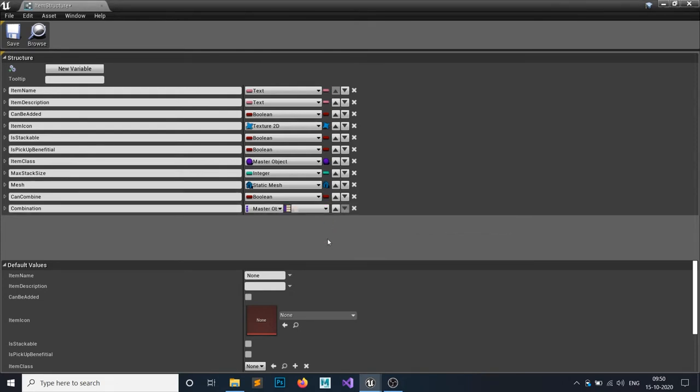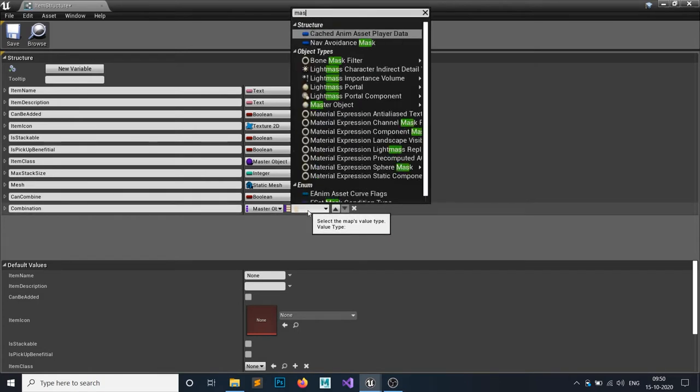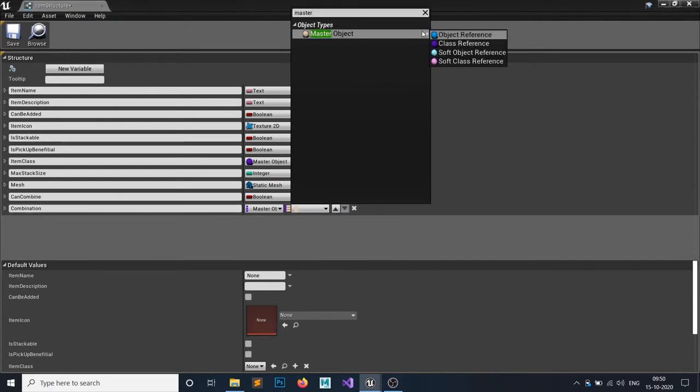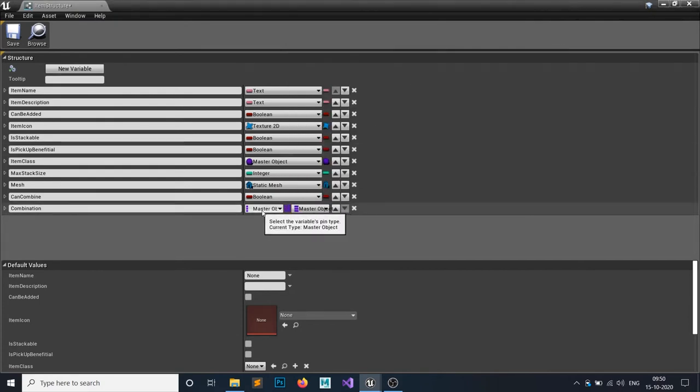So what is a map? You can think of a map as a 2-dimensional array. The first thing is a key and the second is a value. The value should also be a master object class reference, so the key would be master object class reference as well as the value. But what is the difference between these two?